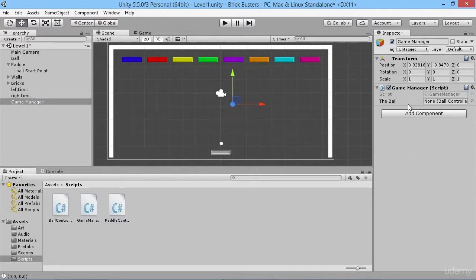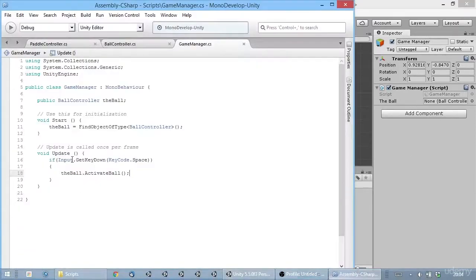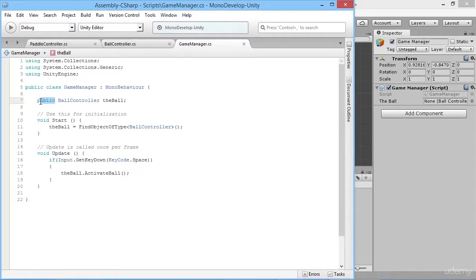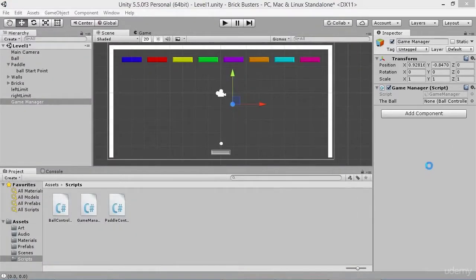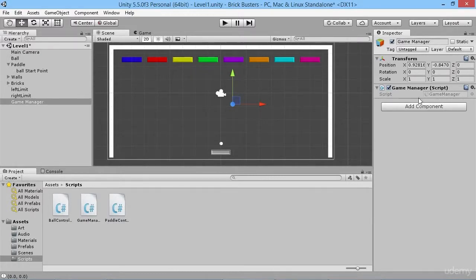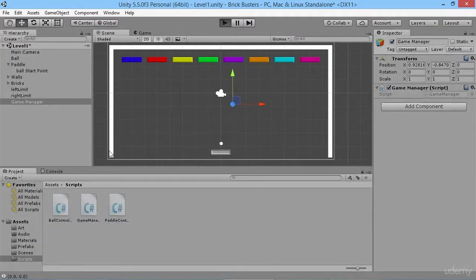And of course it has the slot for the ball here. As I look at that, I should actually set that to be a private variable, because we're not going to be worrying about setting that at all. It's going to be automatically set. So we'll just save that and go back in here, and there we go, it disappears from our game manager. And now if we hit play,